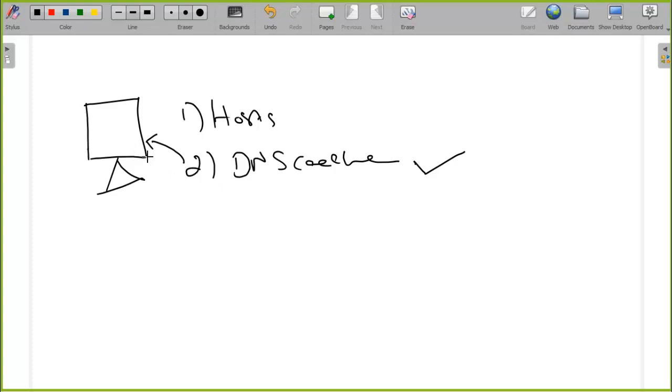This DNS cache is, as the name specifies, a cache memory. It is not a permanent storage. It is only a cache memory. So the frequently contacted websites will be stored in the DNS cache for some period of time, and that period of time is again a configurable parameter. I'm not going to tell you it will stay only for this many seconds or minutes. It is a configurable parameter that can be configured based on the requirements.